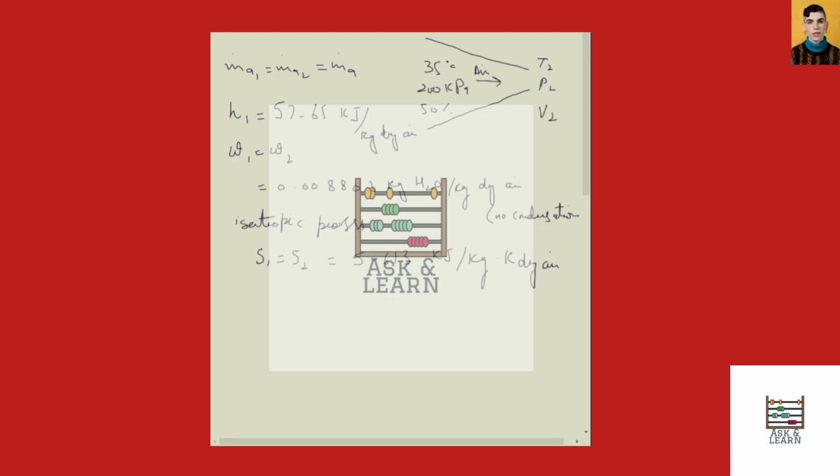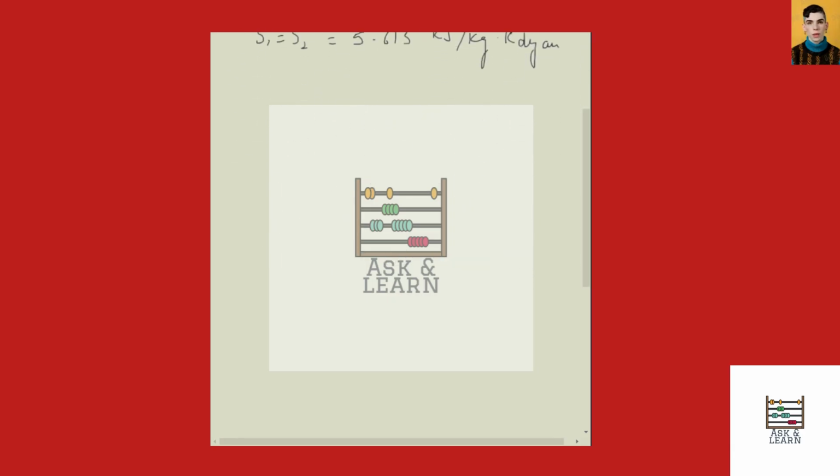Okay. After that, we assume that the relative humidity at the nozzle exit is 100%. Since there is no condensation in the nozzle, other exit state properties can be determined from the psychrometric chart, and the results are